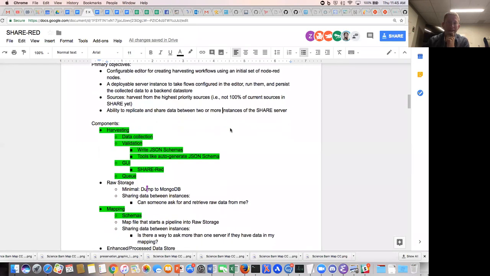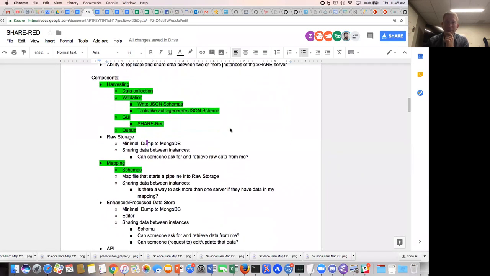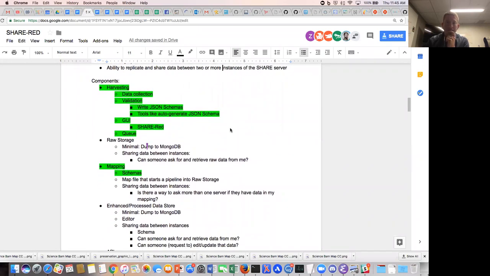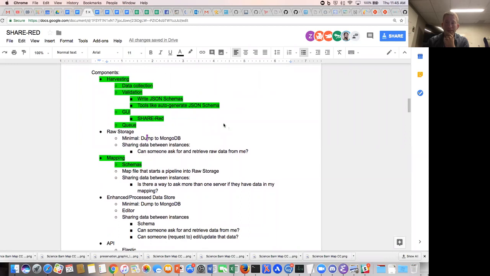So then the rest of this was really starting to get into, okay, to actually accomplish those objectives, what would be the technical requirements to do that? So looking at the more granular things that would need to be done: harvesting, data collection, validation, having JSON schemas that then could be used to validate against as data is coming in.